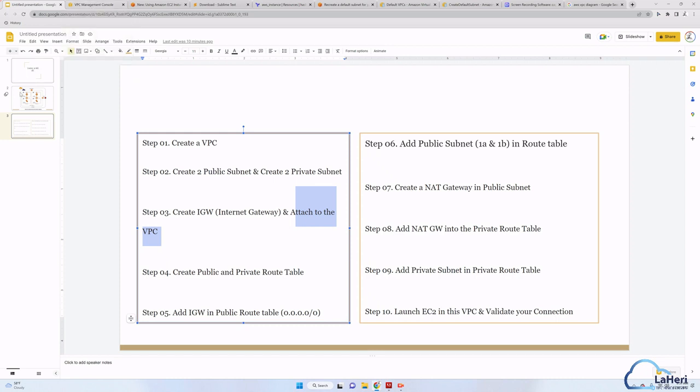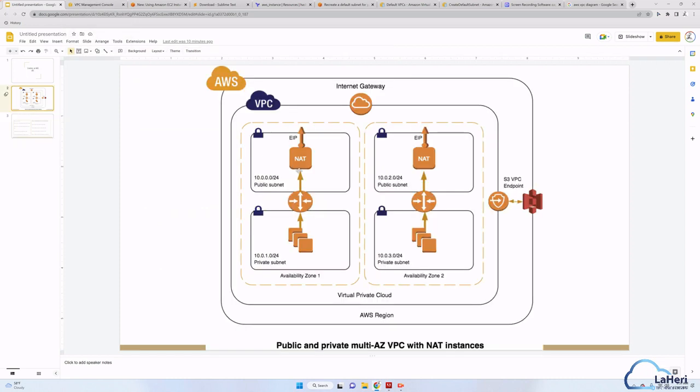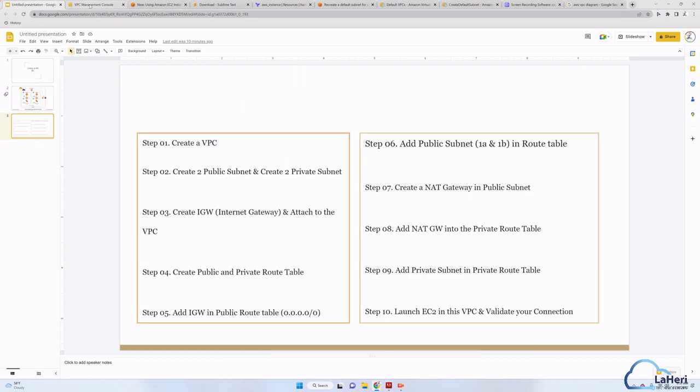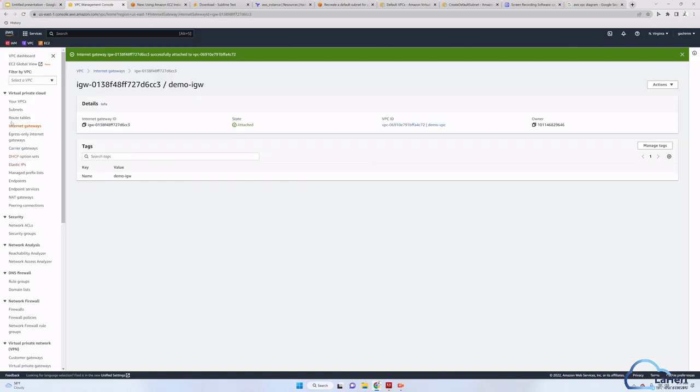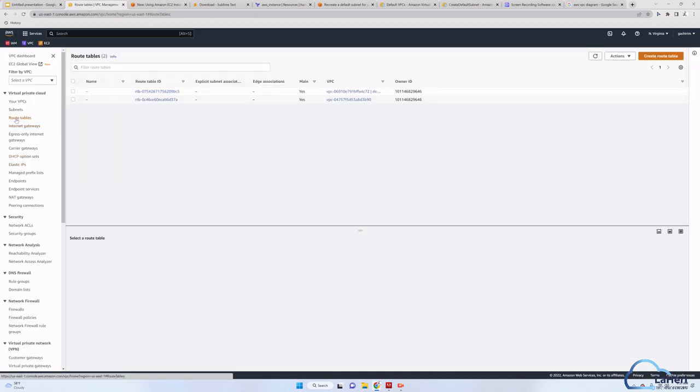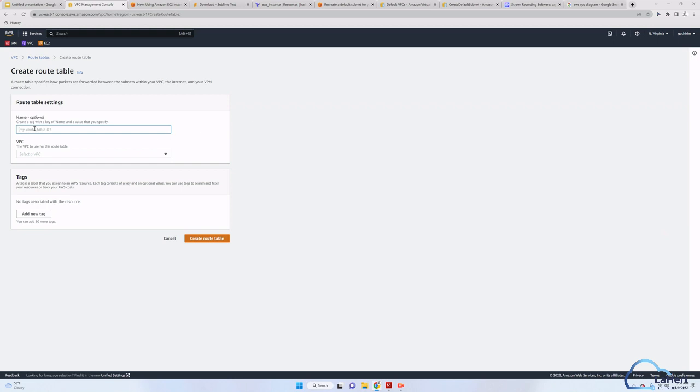So we need two route tables. For the public subnets, we need a route table, and we need a private route table for private subnets. So we are going to create two routing tables. So let's come here and we go to the routing tables. We already have routing tables by default, but we are going to create our own. So we are going to call our routing table for the public